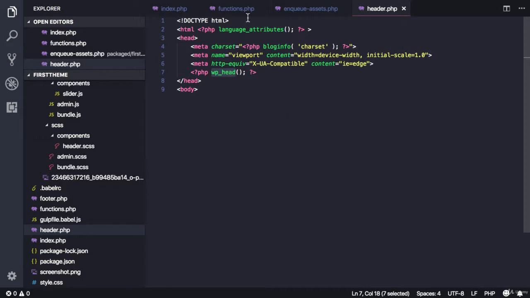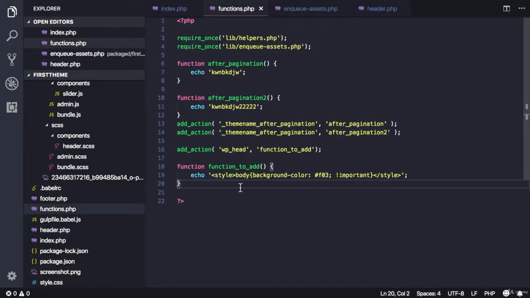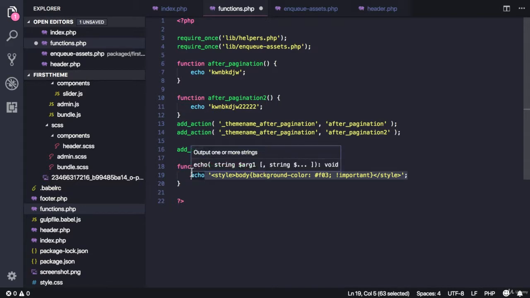So one more thing I want to clarify in the actions: you can not just echo something like we've done so far, you can actually run any kind of PHP script. So for example, we have an action called pre_get_posts. And what that action does,